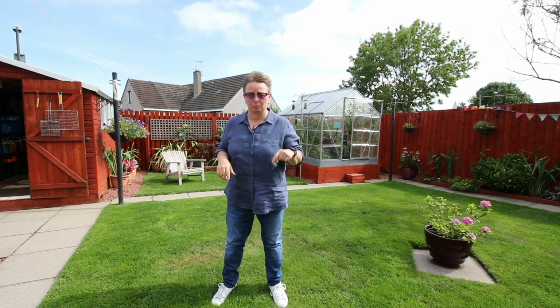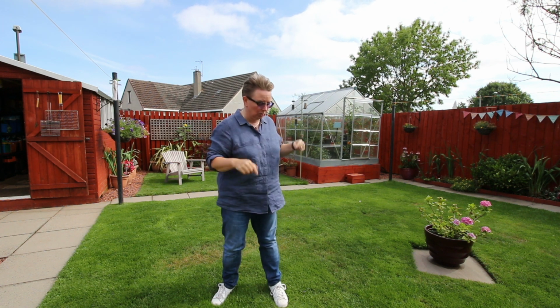But that has meant it's been really hard going keeping on top of the lawn and the pots and the baskets. So we have had to actually replace the hanging baskets once already because we just couldn't keep on top and stuff died. The lawn is now looking amazing and lush and green, but I'm out here every single day